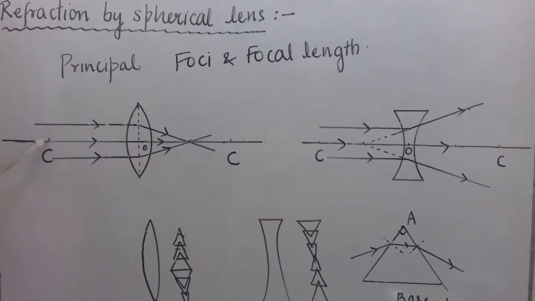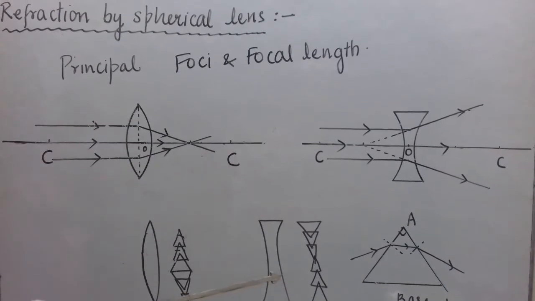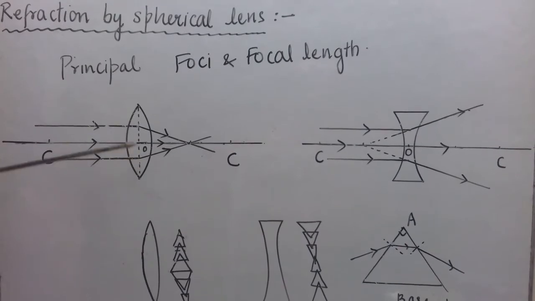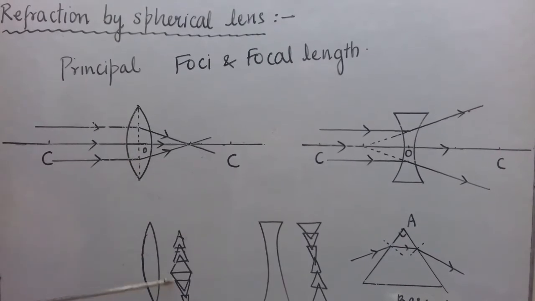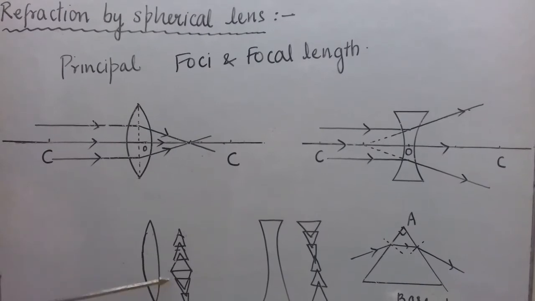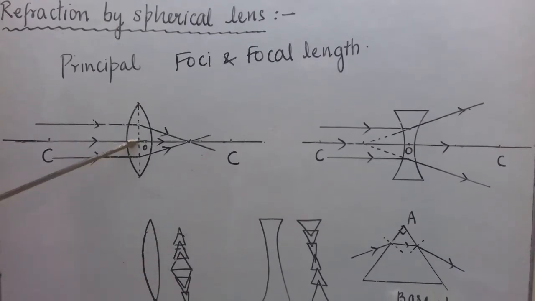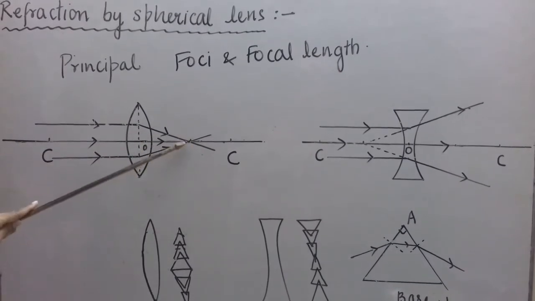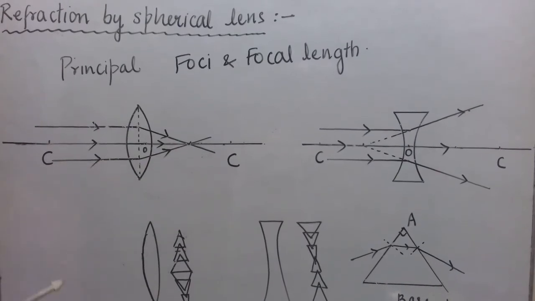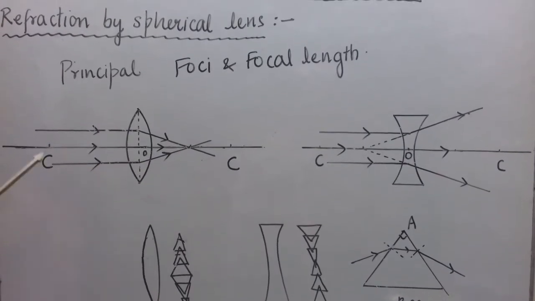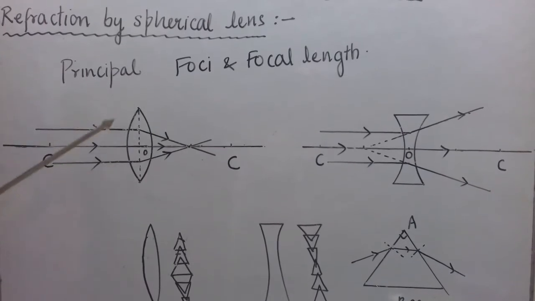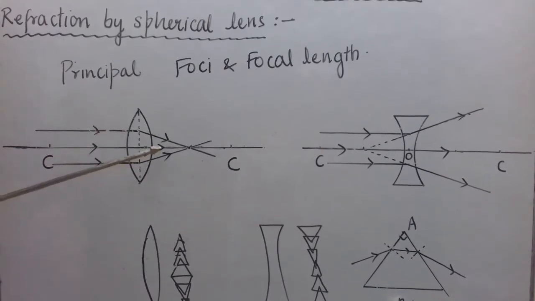Similarly, when I draw a ray below the principal axis, using the same logic, same reasoning, when it enters into the prism, it is going to bend towards the base, and the bases of these prisms below the principal axis are lying towards the principal axis. So this ray should also bend towards the base, or towards the principal axis. Although we cannot prove it 100% here, at least you can accept it with good understanding that when the rays are parallel to the principal axis of a convex lens, they converge towards the principal axis,